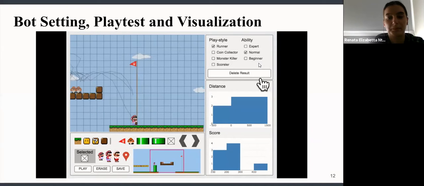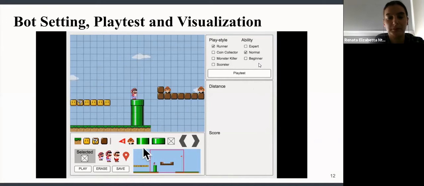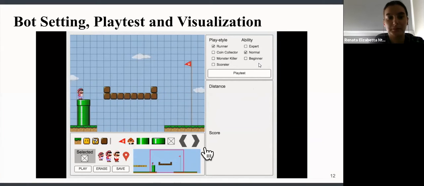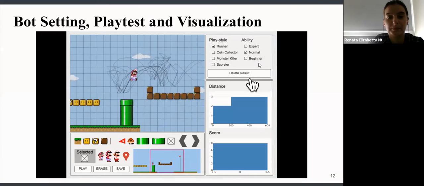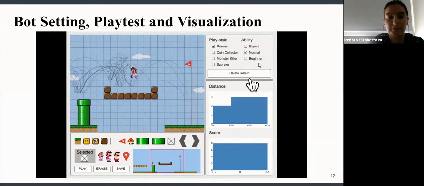Next, our system allows the users to set the AI bot properties with the setting bot function. In this paper, we empirically select 4 play styles: runner, coin collector, monster killer, and scorer, and 3 skill levels: expert, normal, and beginner. When clicking the playtest button, the system simulates an AI-based playtest, and the users can see